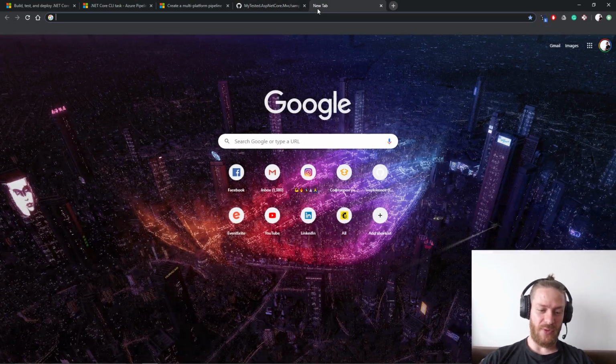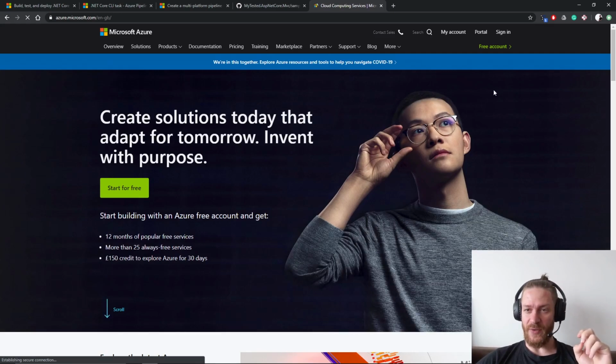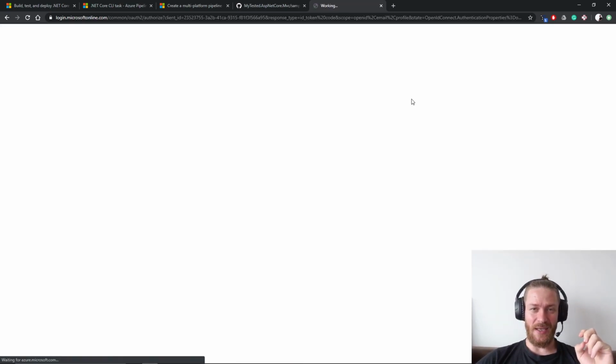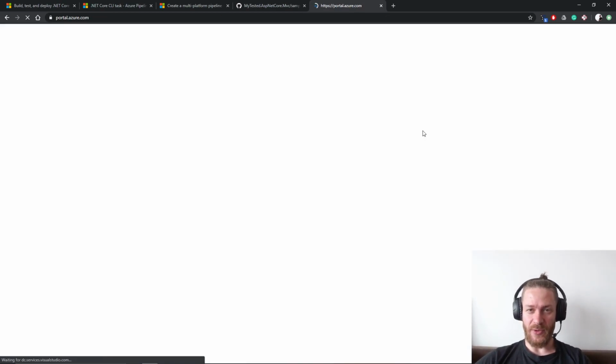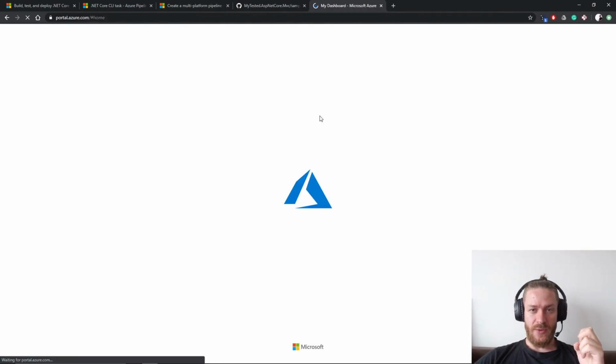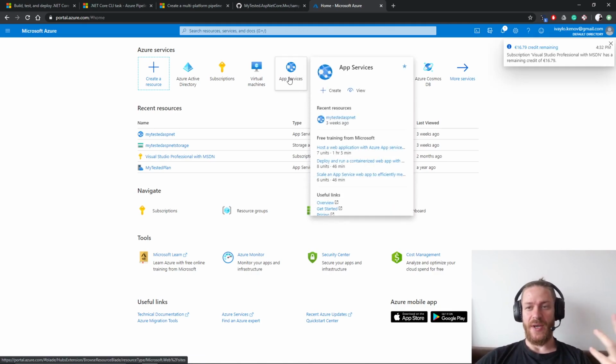So I'm going to deploy to Azure. So let's go to azure.microsoft.com. Let's sign in. I'm already signed in, so I'm going to hit portal. So in the portal, what I need to do is create a new app service. Essentially, an app service is